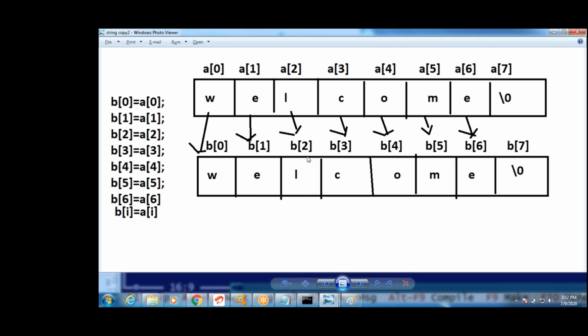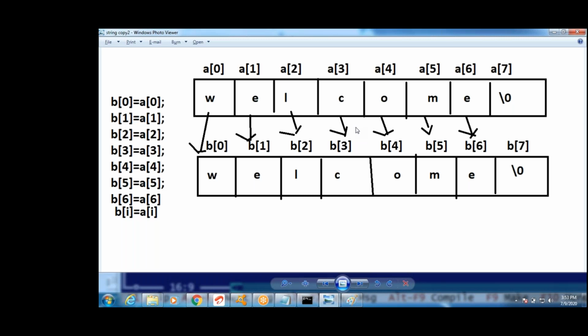Next one, string concatenation, guys. Write a string concatenation program. Two strings you have to take, guys.